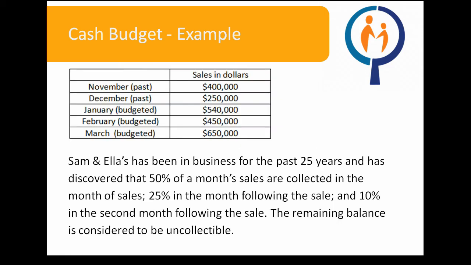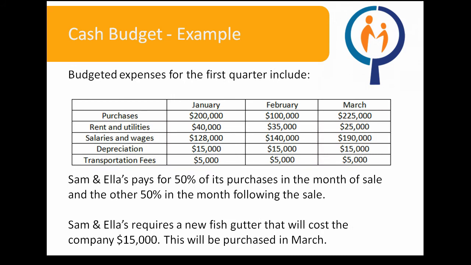Salmon Ella's has been in business for the past 25 years and has discovered that 50% of a month's sales are collected in the month of sales, 25% in the month following the sale, and 10% in the second month following the sale. The remaining balance is considered to be uncollectible. Budgeted expenses for the first quarter include: